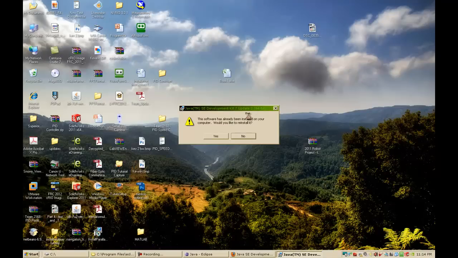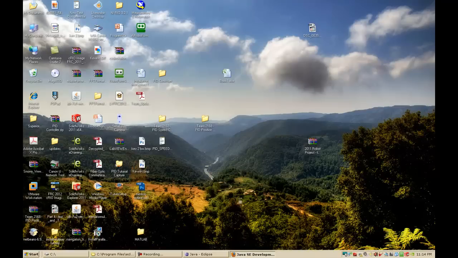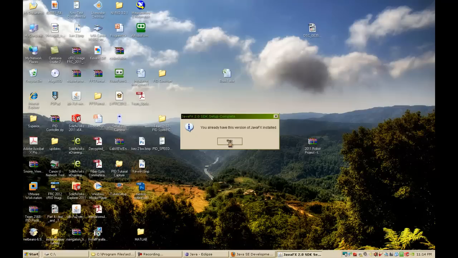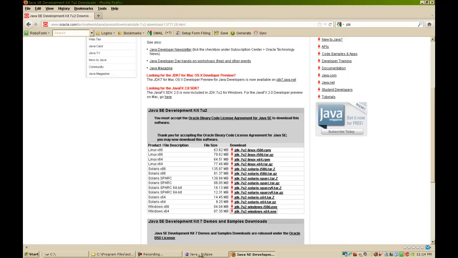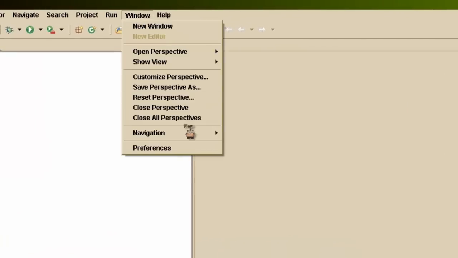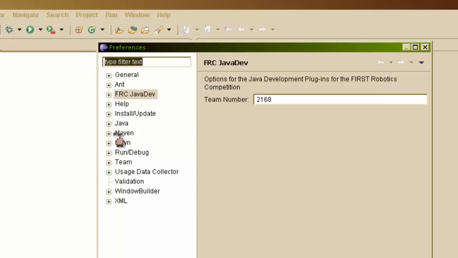I already have it installed, so I'm going to hit no, but it's pretty straightforward. Just click next all the way through and you'll be done. So once the JDK is installed on your computer, open up Eclipse again and go to Window Preferences, go to Java,